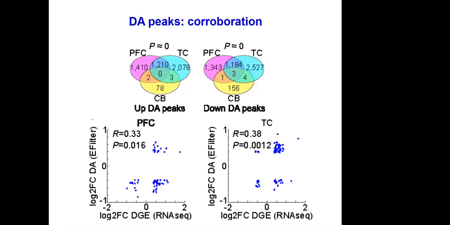The other way we looked for concordance, we take our differential ChIP-seq peaks in temporal cortex and differential ChIP-seq peaks in prefrontal cortex, and you ask, do they overlap? And they certainly have a lot of overlap, right? So that's a very nice validation that these are 2 independent brain regions. We're detecting more or less the same loci as differential in ChIP-seq in those 2 brain regions. So again, that's confidence building that this is non-random.